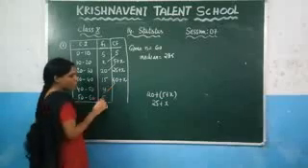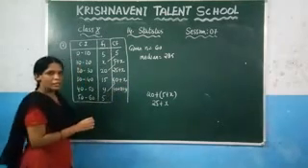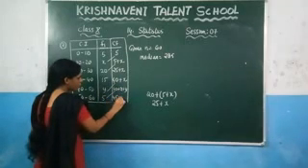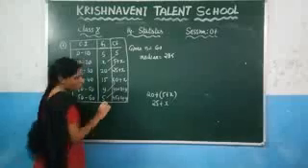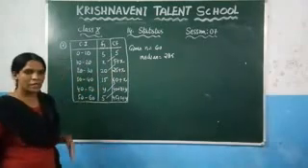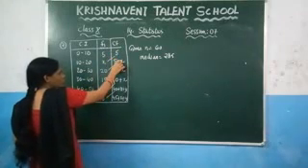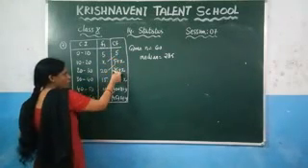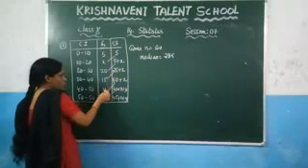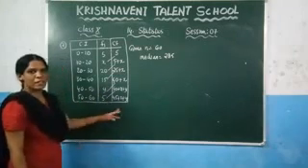After that you need to add these values. So 40 plus x plus y, and again add 40 plus 5, which gives you 45 plus x plus y. So we have done the cumulative frequency values. How have you calculated? Just by adding the preceding frequency values. So 5, then 5 plus x, then 20 plus 5 which is 25 plus x, then 25 plus 15 which is 40 plus x, then 40 plus x plus y, and after that 40 plus 5, which is 45 plus x plus y.